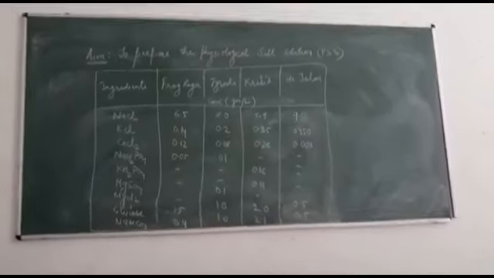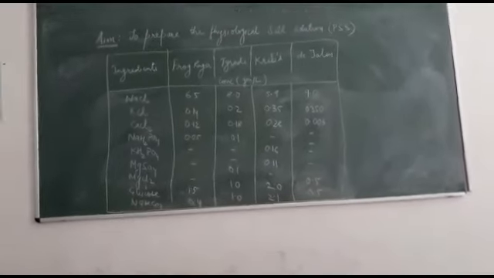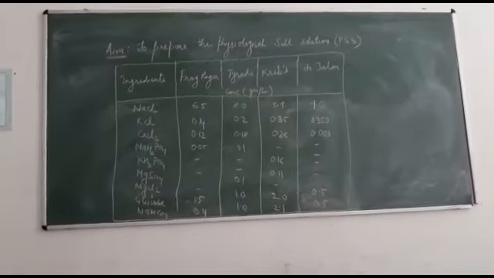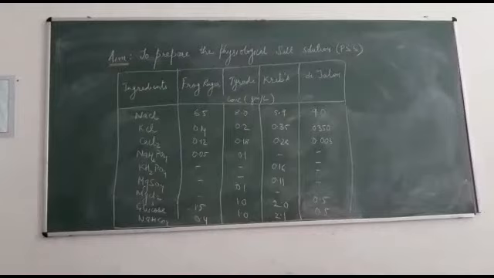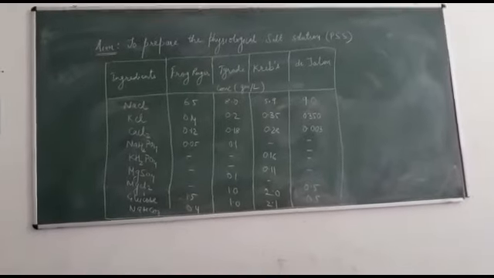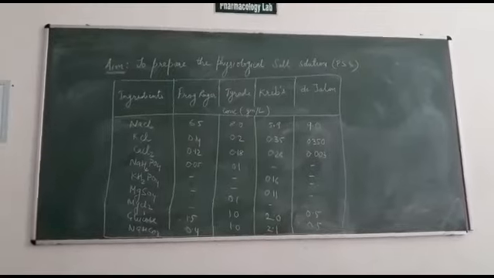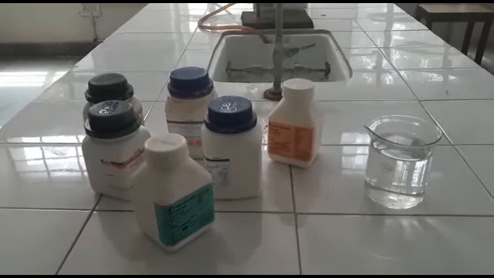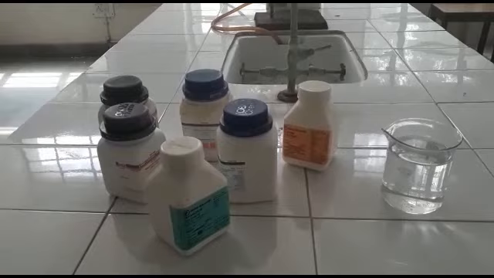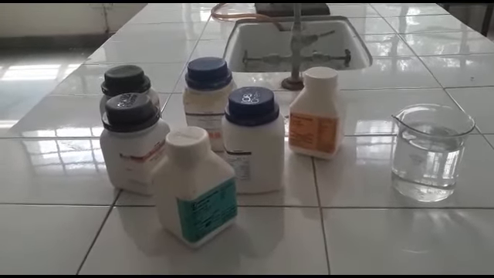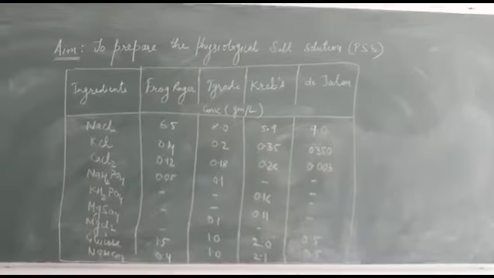And we have to prepare the PSS according to the type of tissue. For example, we have to prepare the frog ringer solution when we are using the frog heart or the rectus abdominis muscle. And if we have to perform a bioassay on guinea pig ileum, then we should prepare tyrode solution. Now for the preparation of the PSS, we just have to weigh these salts accurately and dissolve them in distilled water one by one.